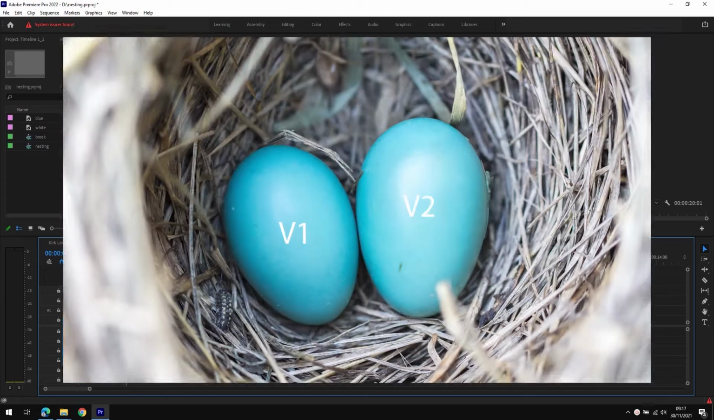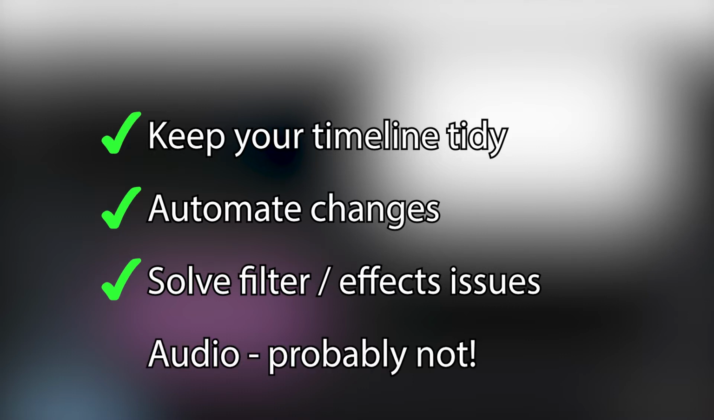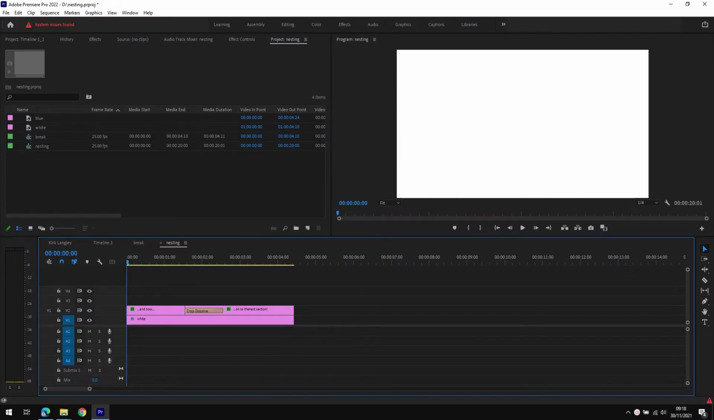So let's talk about nesting and why nesting can help you keep your timeline clean. It can also automate to quite a reasonable degree. It can get you around adding filter problems where you try and add a filter and for some reason it just won't even start, or it gives you an error message. And then also mention why you can use it for applying audio effects, but there are better ways of doing it. So let's talk about automation, because this is probably one of the things I use the most